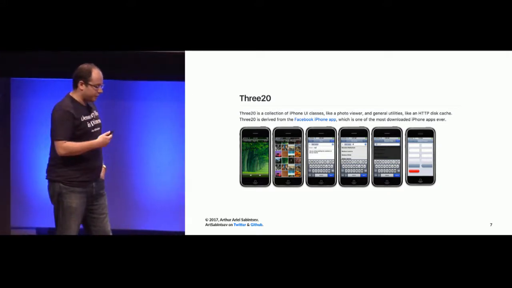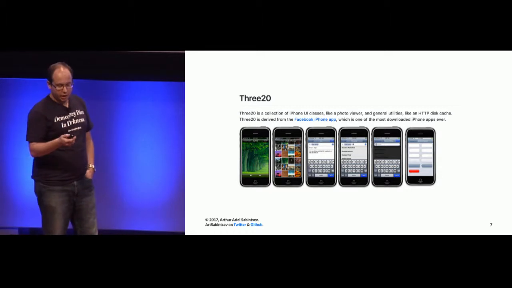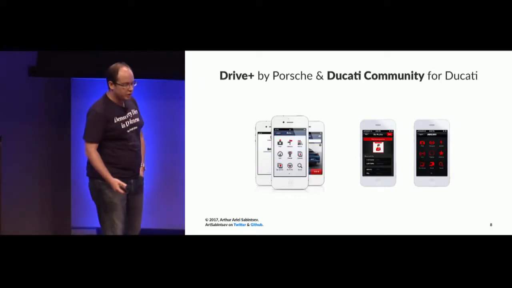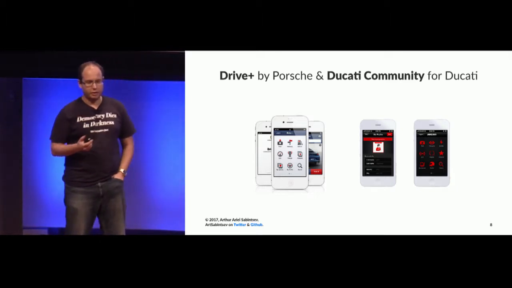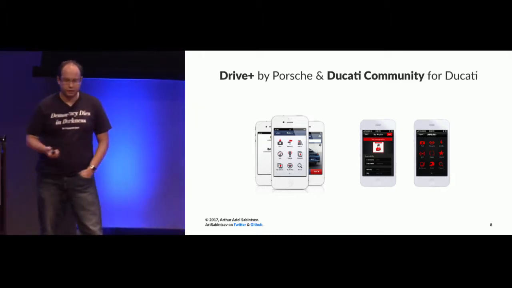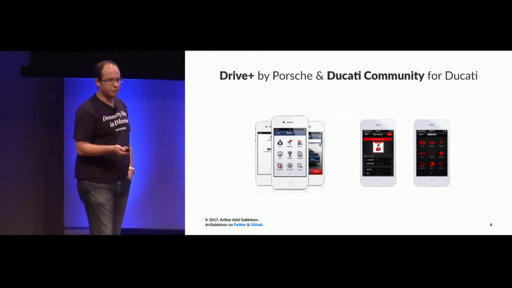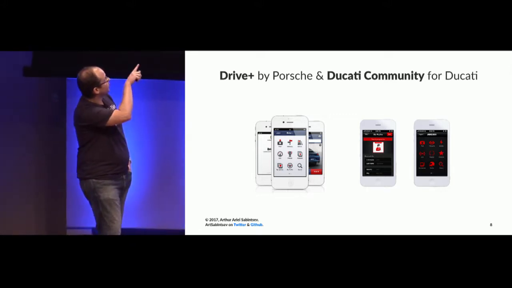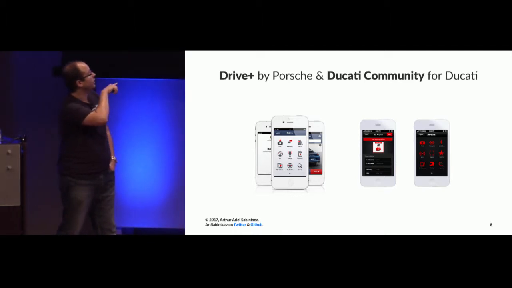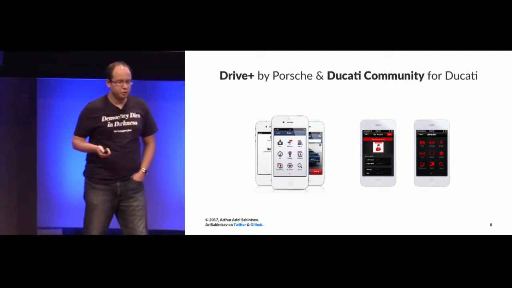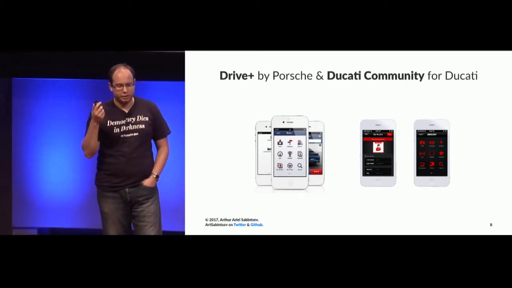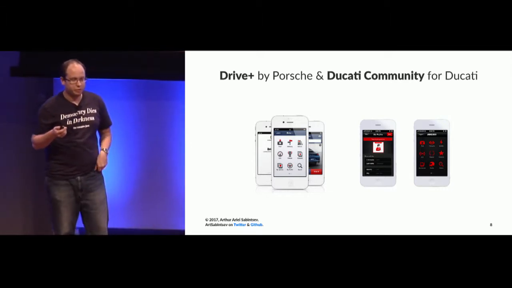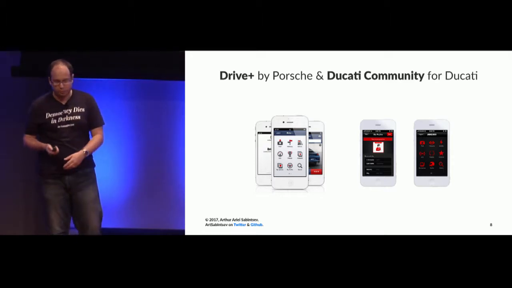And unfortunately, at that time, I was working on a couple projects for Ducati and Porsche. I got lucky in the beginning of my career to work with big brands. So as a junior dev, I was working with a couple of these projects. And there's 6 of these. So if you look at these home screens, there's 9 buttons on each one. And 6 of those had table views, and the clients requested that they have a manual pull to refresh built in because it was all the rage.